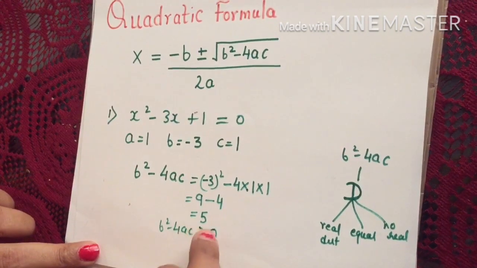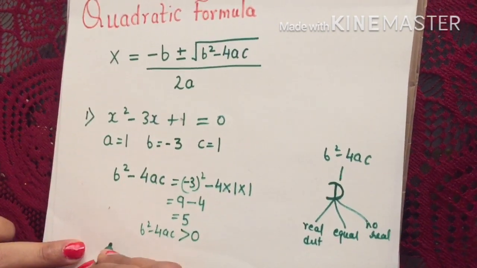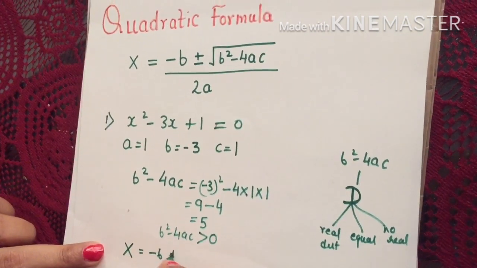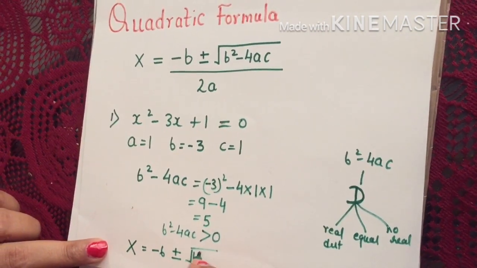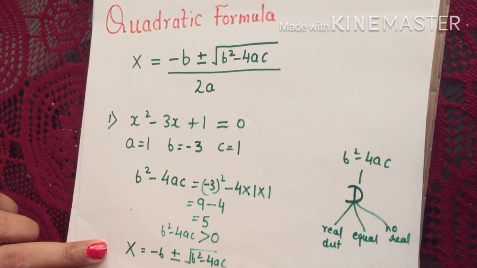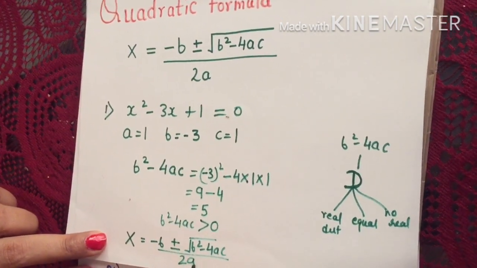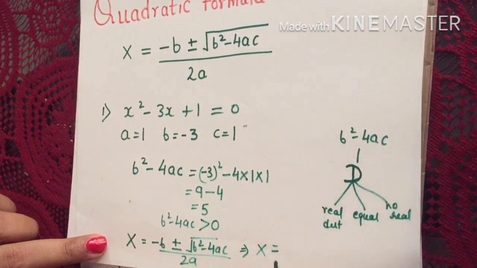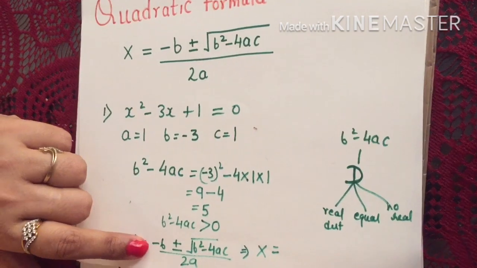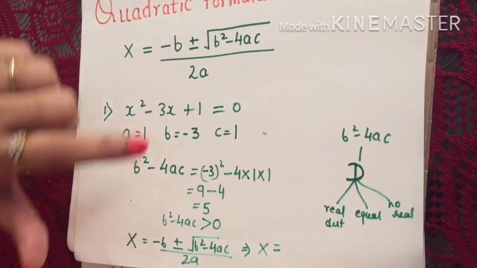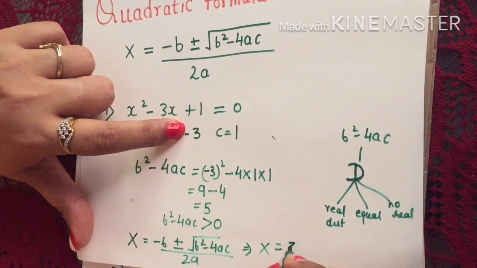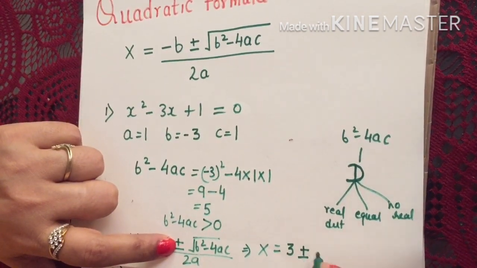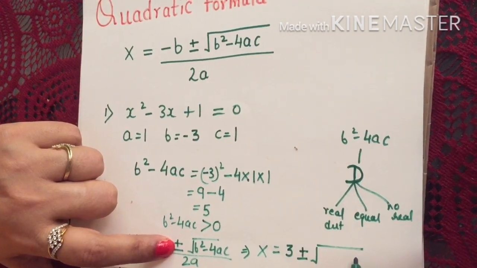Okay, so now it is positive, so we will proceed further. What is the formula we are going to write? x equals minus b plus minus under root of b square minus 4ac upon 2a. Now we are going to substitute. So this implies x equals, simply substitute. Now look here, minus of this and minus of this, so this will become plus 3, plus 3, then plus minus under root of b square minus 4ac.